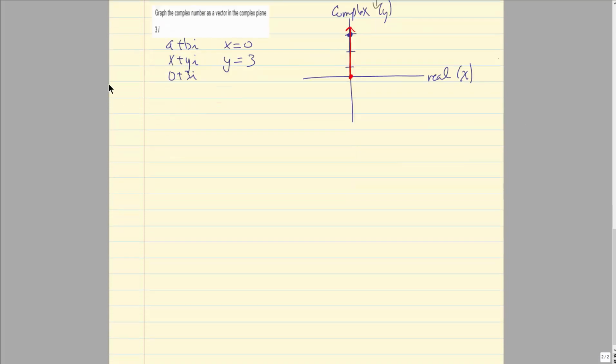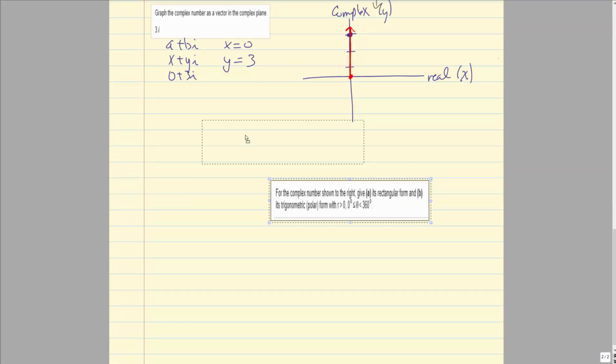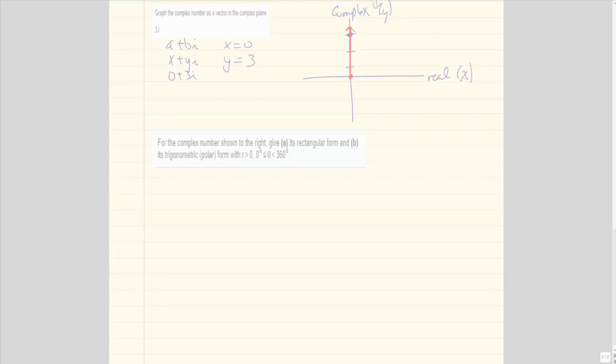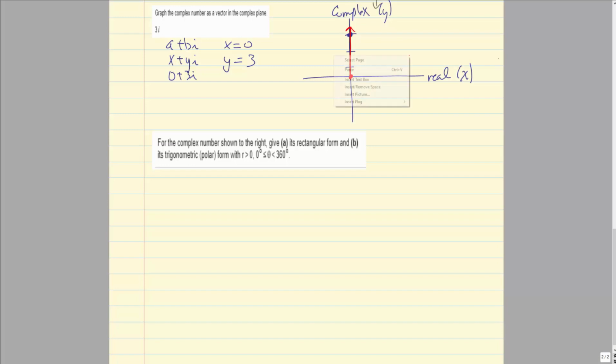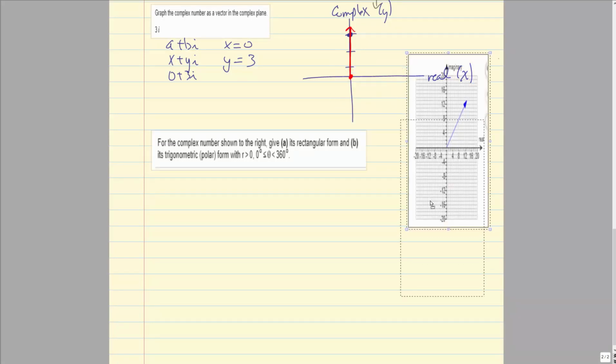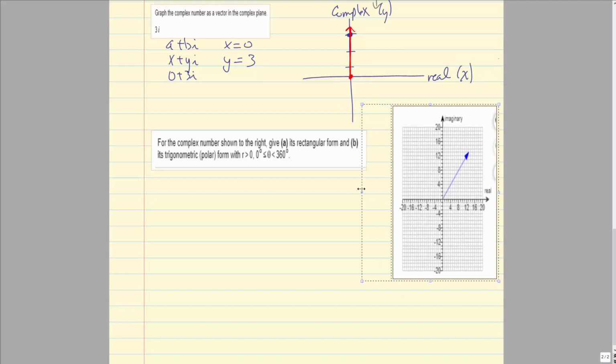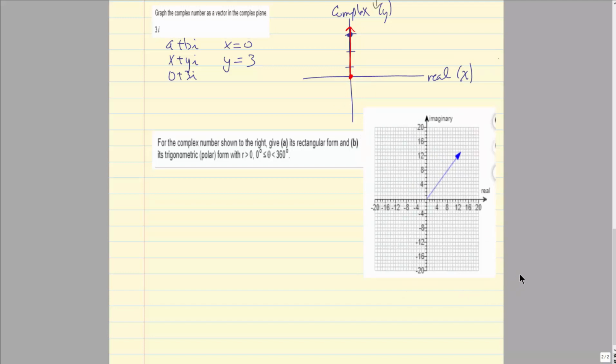So the first thing that we're going to do says for the complex number shown to the right, give its rectangular form and its trigonometric form. So they're giving us a graph that we need to look at and paste in, because that graph gives us the information that we need to have in order to work this problem. Okay, so this is that value right here. This is a little bit hard to see what's going on here for sure, so let's blow it up a little bit. But if we look at the x value here,